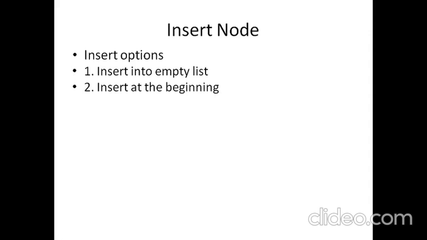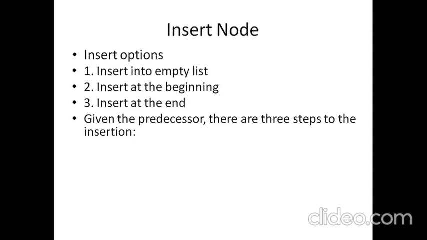Insert at the beginning, which means that there is a linked list that is already there, at least 1 or 2 elements are there, but the new node has to be inserted as the first node in the list, replacing the previous first node. So we have to make the adjustment at the beginning of the list so that the new node gets inserted at the beginning. Insert at the end. So the node has to be inserted at the end of the list.